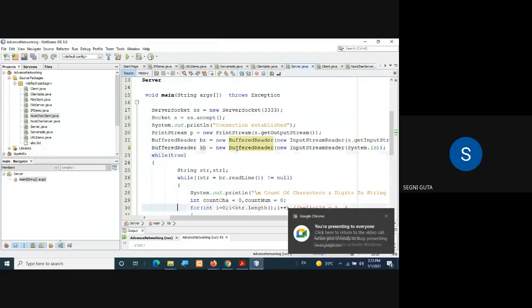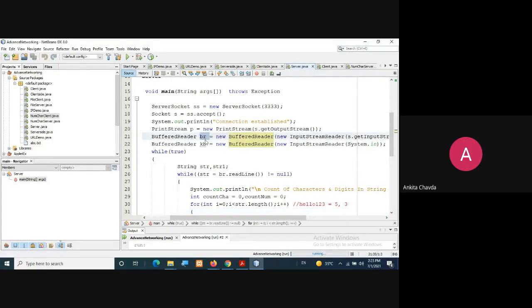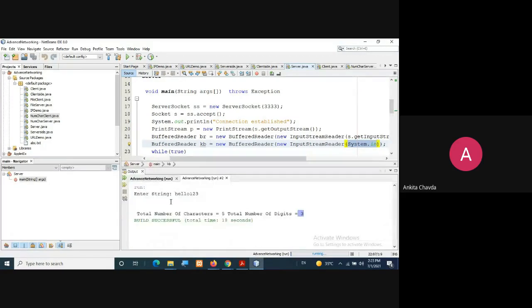What I didn't understand is the difference between the BR and the KB. What they are. BR and this KB, right? Yes, ma'am. KB is taking the data from the user. Here we are using System.in, meaning whenever they are asking to enter the string, this data the user is entering. Suppose I am the user, I am entering this data. And now this data is already in your input stream and that will be given to the server.